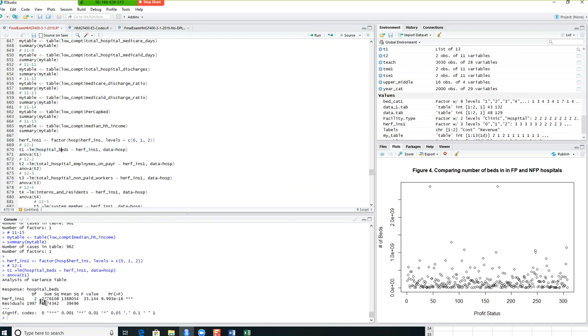And here the degrees of freedom is k minus 1. The k is the number of groups. So you have 3 groups, and 3 minus 1, the degrees of freedom is going to be 2. And you don't need the sum of squares, you don't need the mean square, and you don't need the F value. You only need the p-value, the very last